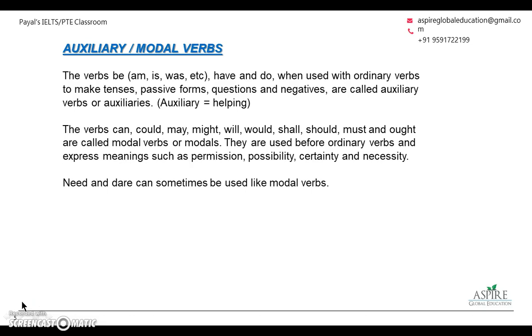So, as I told you before, these words are basically used with the main verb because they're trying to help the verb, or sometimes they come alone in the sentence acting as a main verb, like she is a wonderful dancer. Here is an auxiliary verb which is acting as a main verb. She is wearing a red dress. So is comes with the word wearing, and it makes the sentence meaningful.